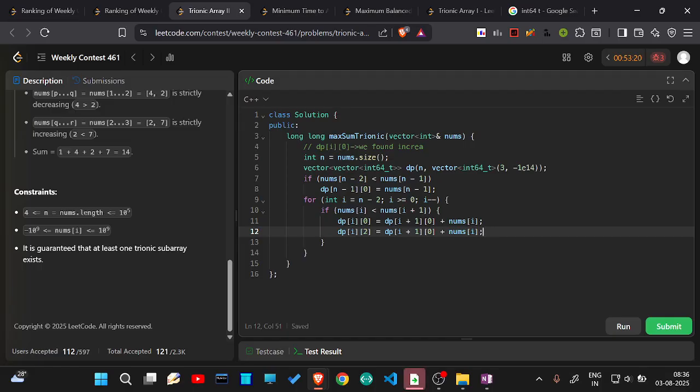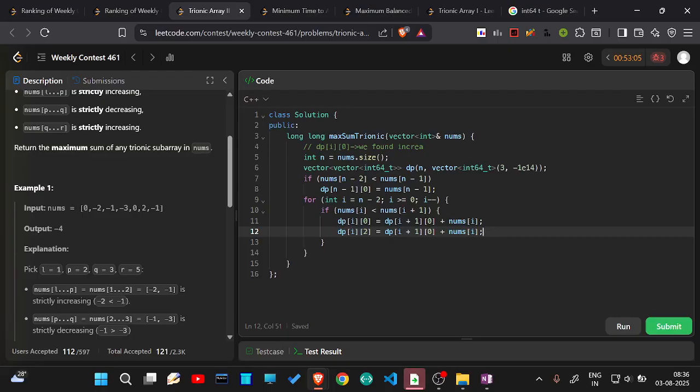And there are negative elements also, right? So we have to kind of find out the maximum sum, right? And the overall time complexity. Let's think about it. Since there are negative elements, if nums of i is positive, so if it is less, right, it's less than it. So if it was negative, then we could kind of ignore it. Since increasing in negative means that